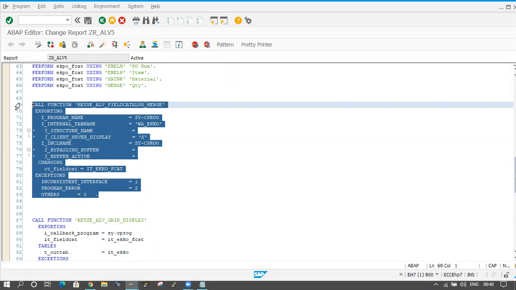In ALV report mostly we go for grid display, and in very rare cases list display. Why grid display only? In grid display, logos, colors, subtotals and grand totals are possible, but these are not possible in list display. That's why mostly we go for grid display.